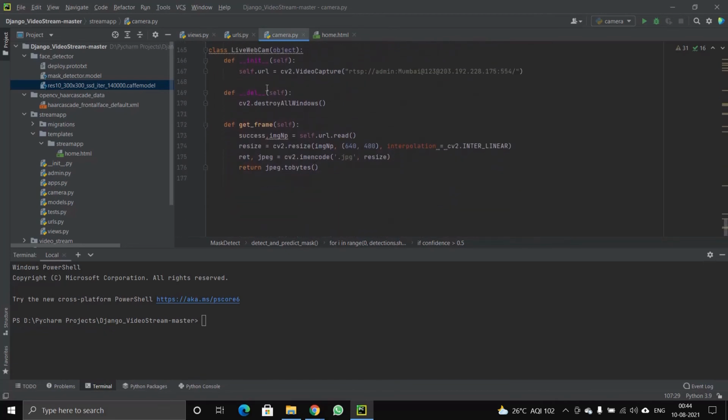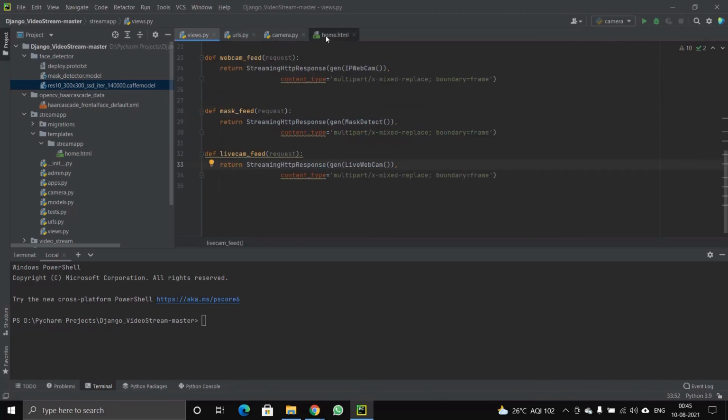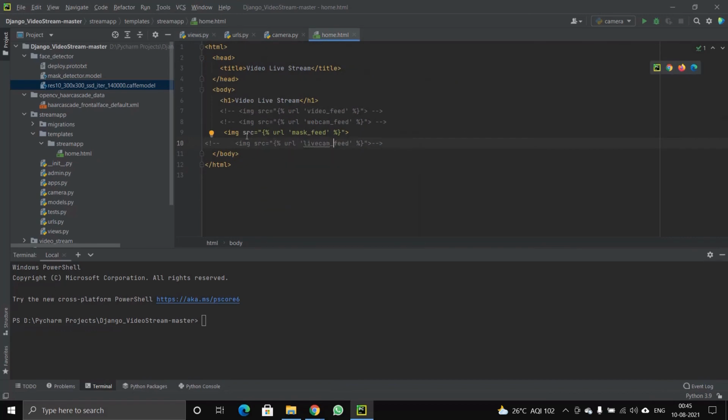So that's all. And coming to urls.py, this is the very important line, livecam feed, which is the place where it takes the mask feed, whether you have worn the mask or not, and it takes the information from the webcam and also from the video through the webcam. Finally, coming to home.html, this is the place where the image source is being called, that is mask feed.